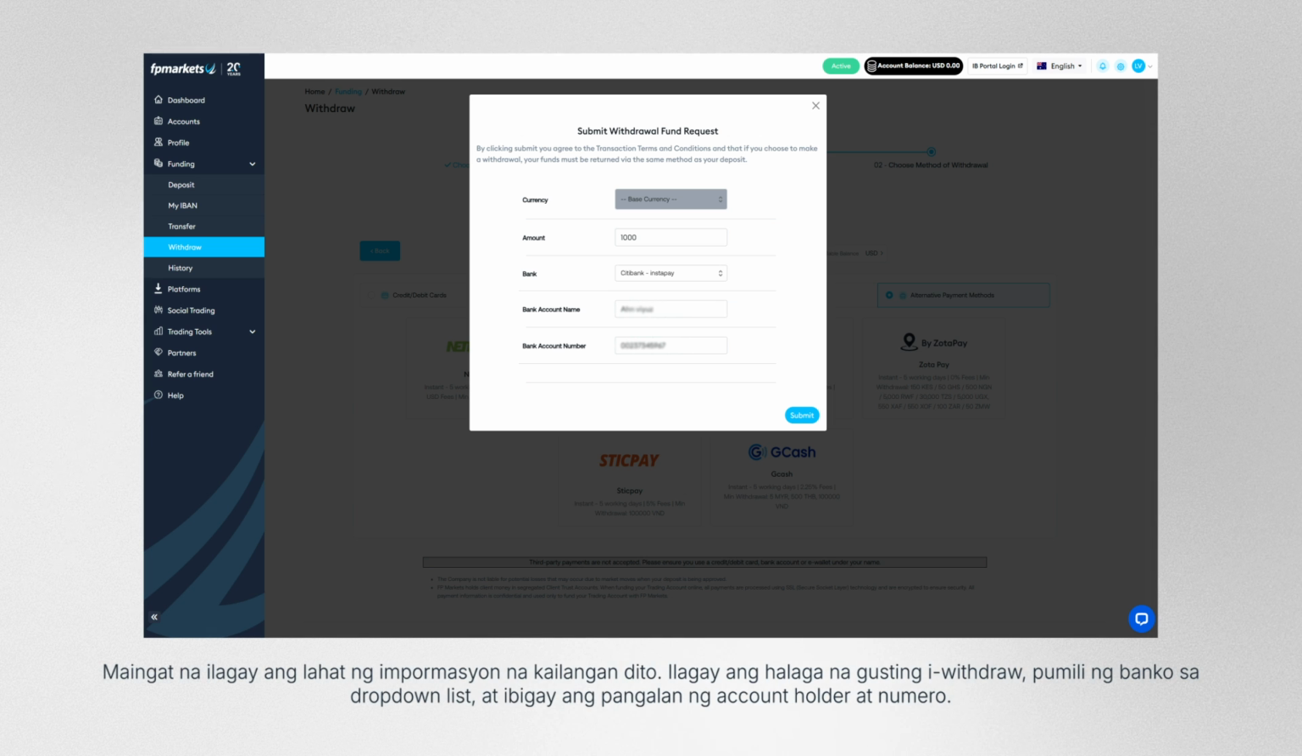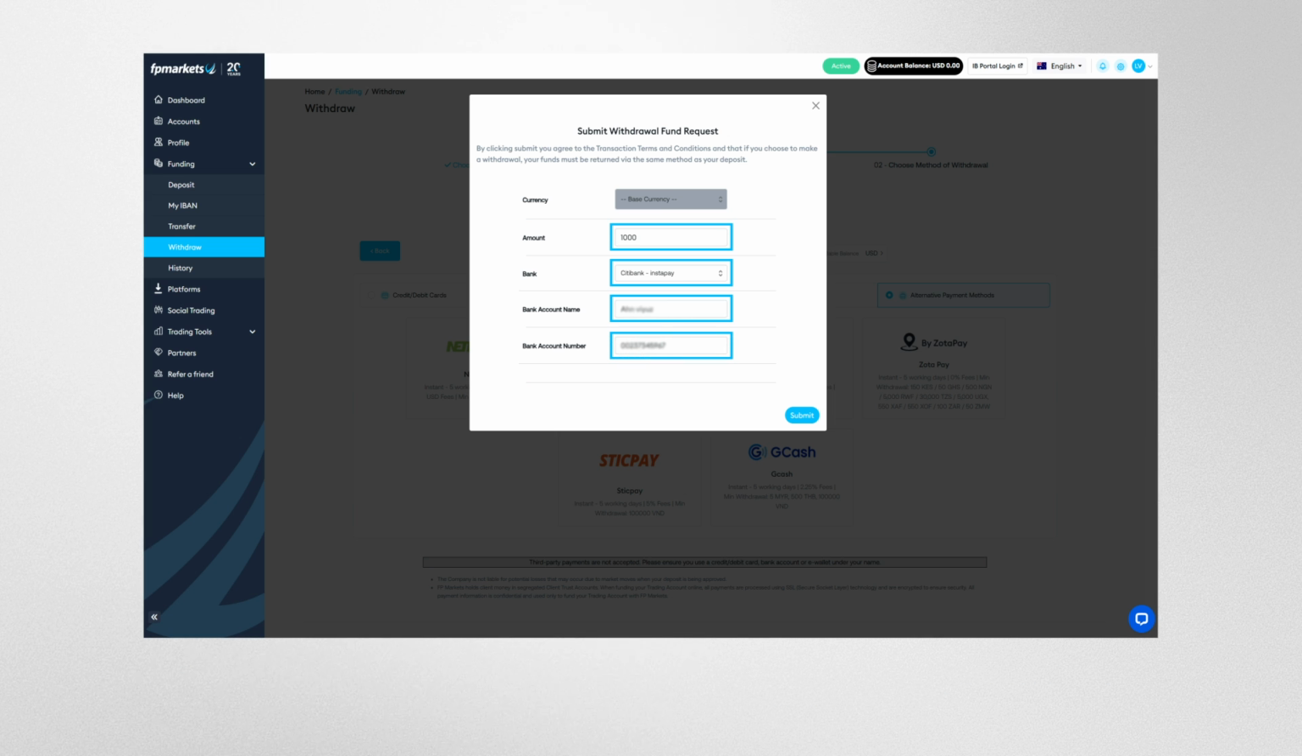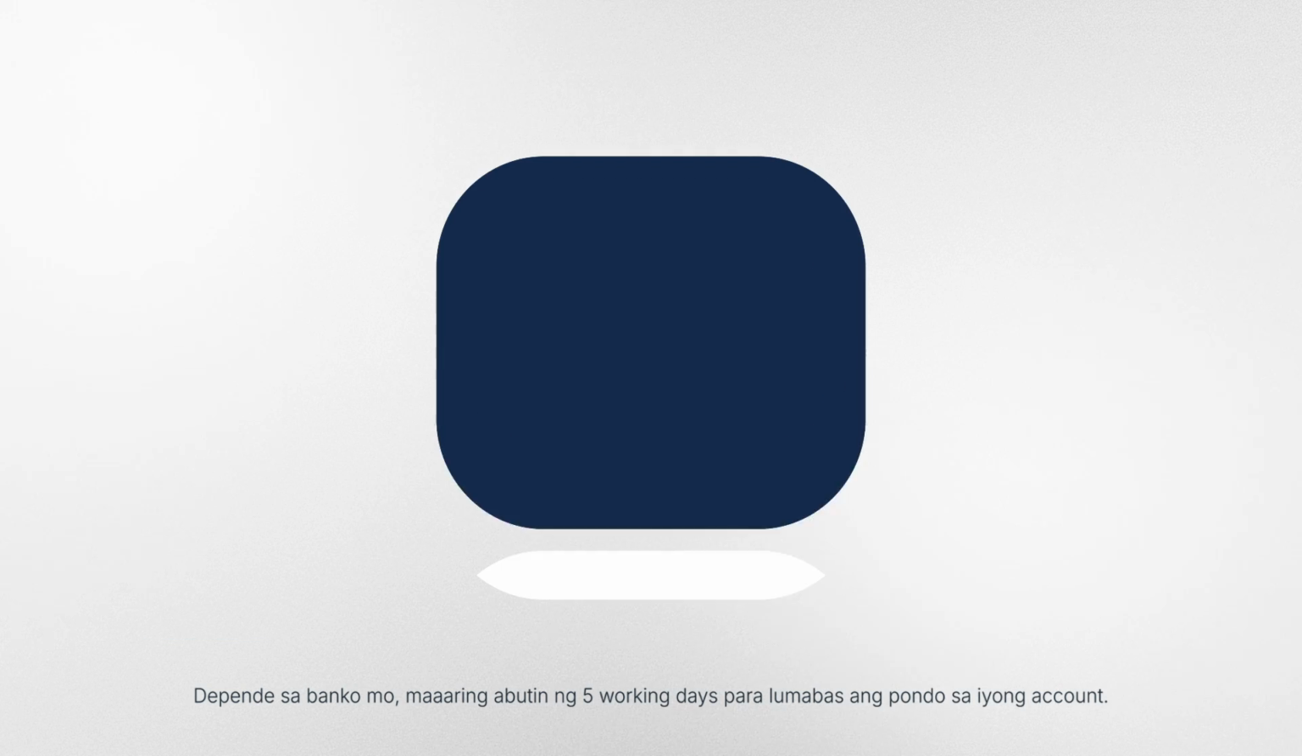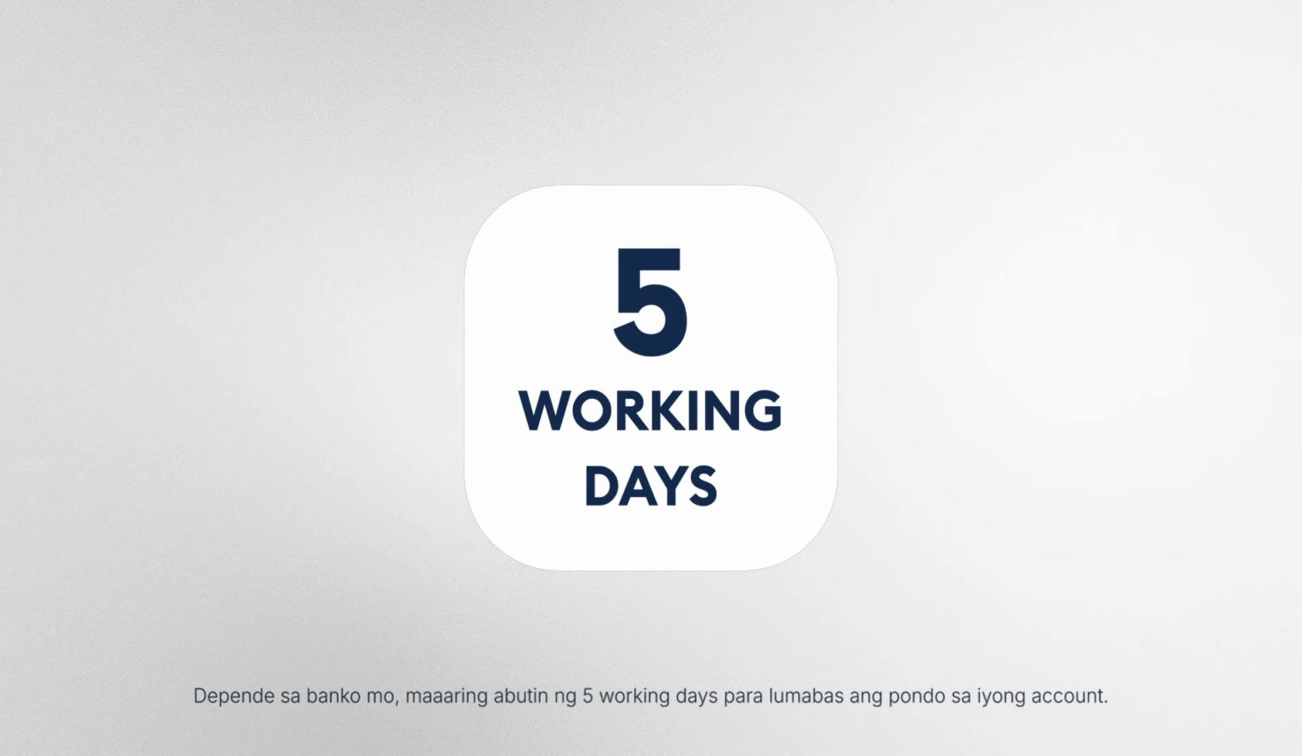Proceed to carefully enter all the information required here. Enter the amount you wish to withdraw, select a bank from the drop-down list, and provide your account holder name and number. Once you have completed the form, click on Submit. Your withdrawal request has now been sent to the FP Markets team, who will begin processing it. Please note that depending on your bank, it may take up to 5 working days for the funds to appear in your